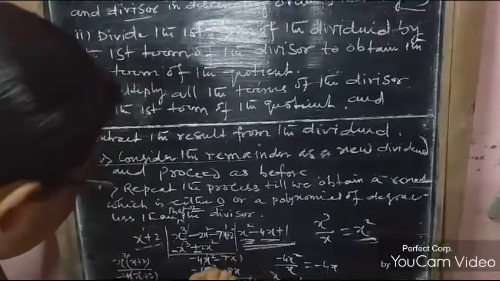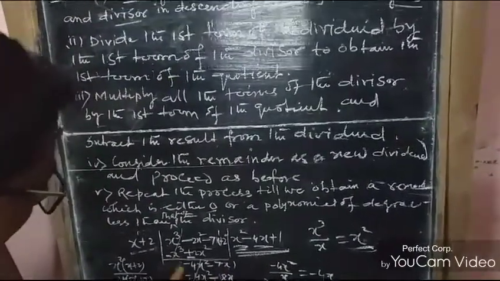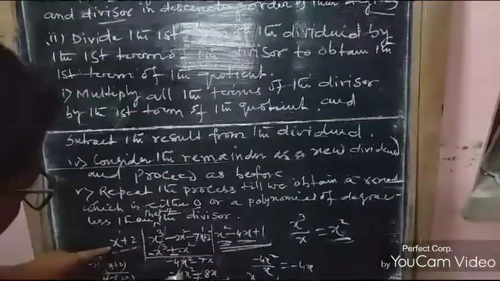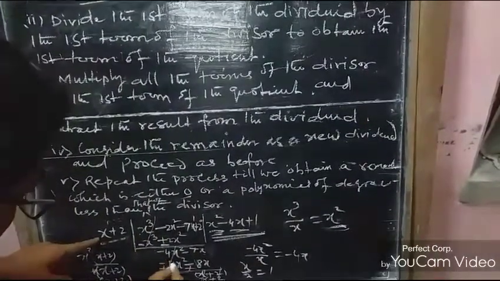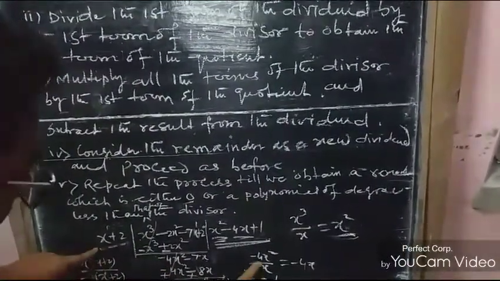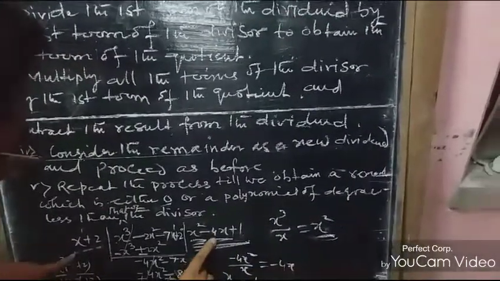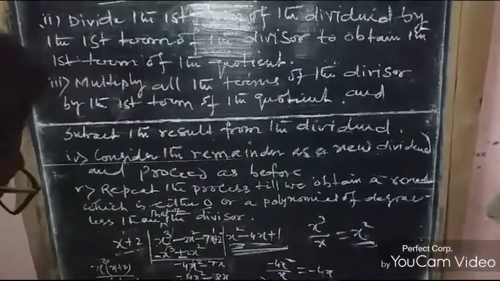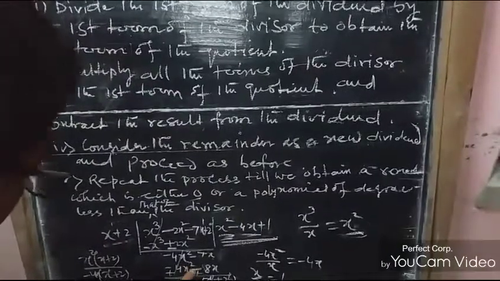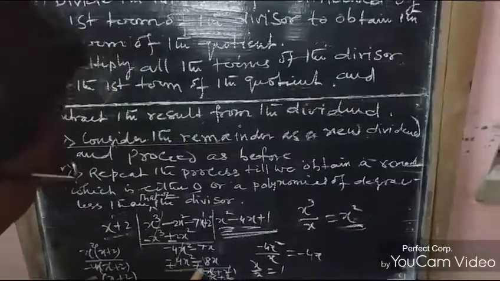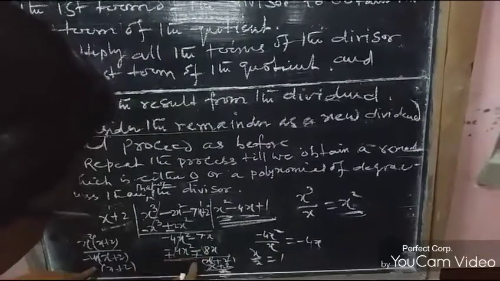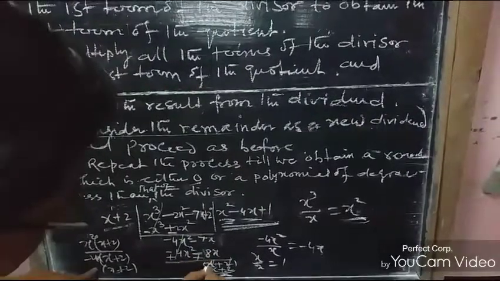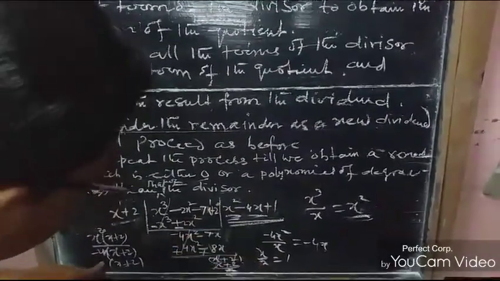And once again, this is the new remainder, and it will be another dividend, that is a new dividend. Now once again do the last process we have already maintained: divide the first term, this has come minus 4x, into the quotient. With minus 4x, the divisor will be multiplied, and it has come minus 4x square minus 8x. Now you do the subtraction over here. In subtraction, the sign will be changed. Minus plus. It will be coming only plus x, and another 2 is remaining over there.